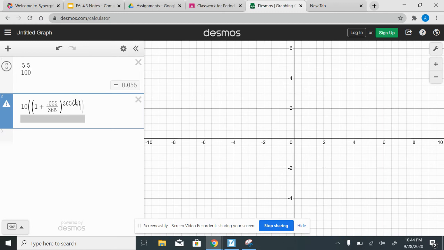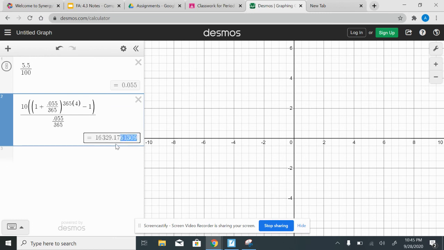Make sure you arrow over so that you're on the side of the equation now instead of in the exponent there. And type in -1, close parentheses. Okay? Denominator just looks like the R over N, so 0.055 divided by 365. So if you deposit $10 a day for 4 years, this is the amount you're going to get in the account,